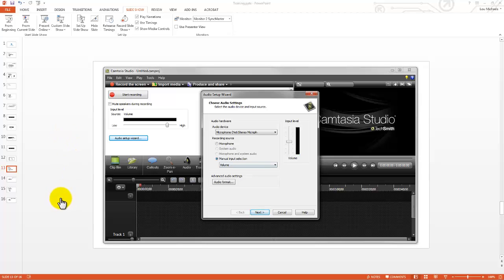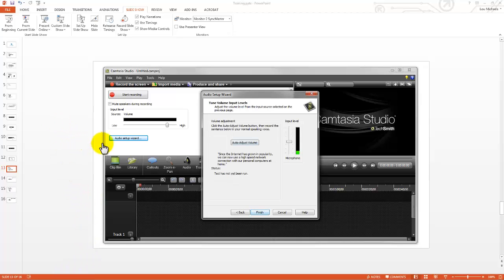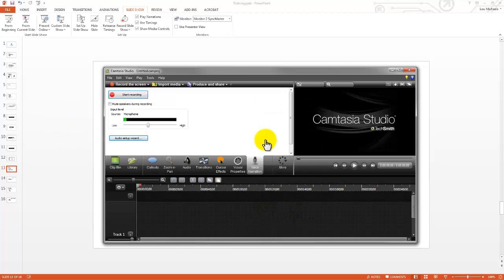But once that's set, recording source should be microphone. Select next. You could do an auto adjustment if you want, and that'll set the microphone levels based on your voice, but I'm pretty happy at 50-40%. So we'll hit finish, and now it's ready. We see some activity here where we are ready to record. So what I'm going to do is record the